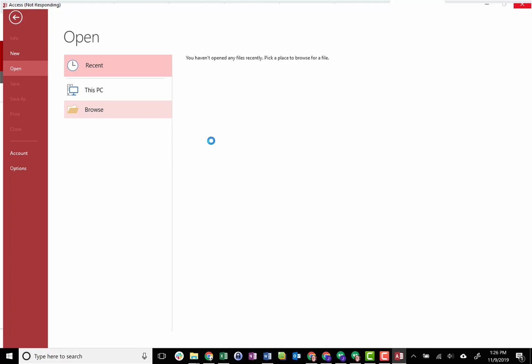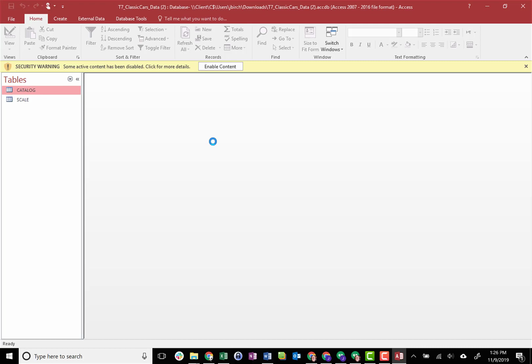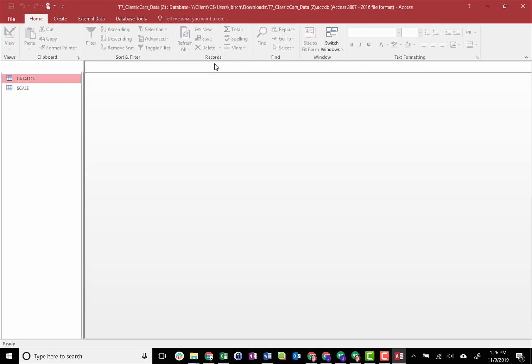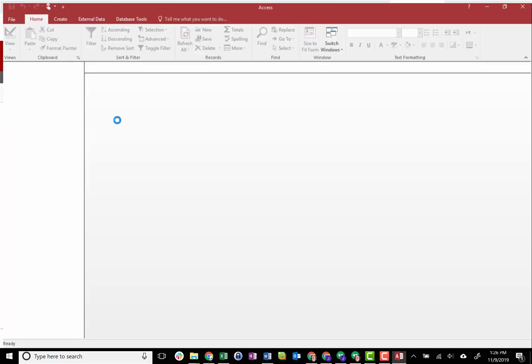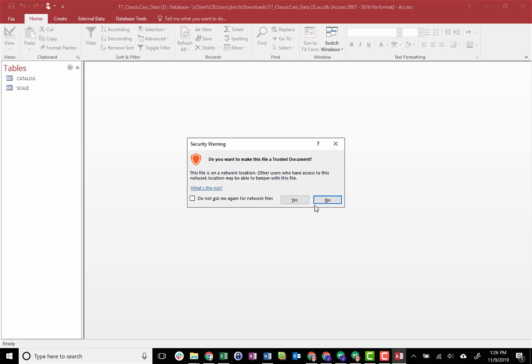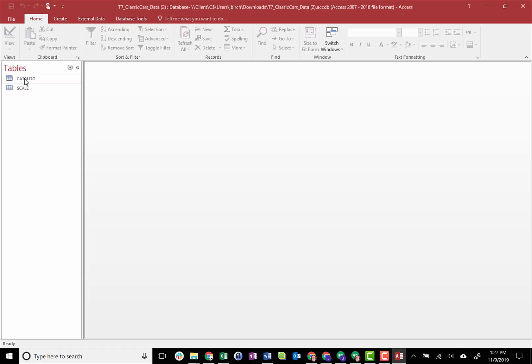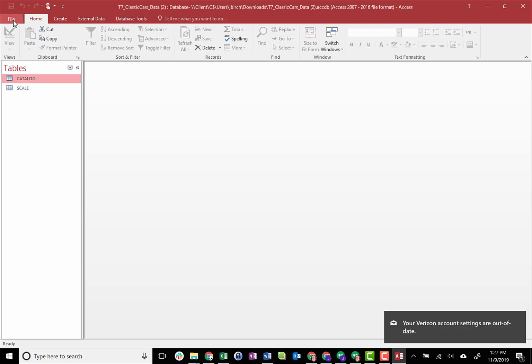It takes a little while. It is slower than running Access on your own computer or even running LibreOffice if you were using LibreOffice. So this gives us the tables that we were looking for. This is what we're going to use in this particular assignment for our queries. Okay, once you have created your queries, I'm not going to go through that part of the process here. After you've done this,